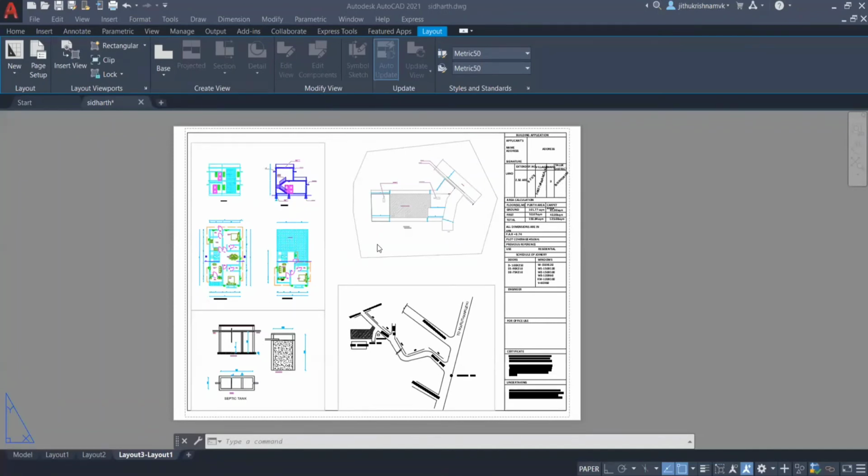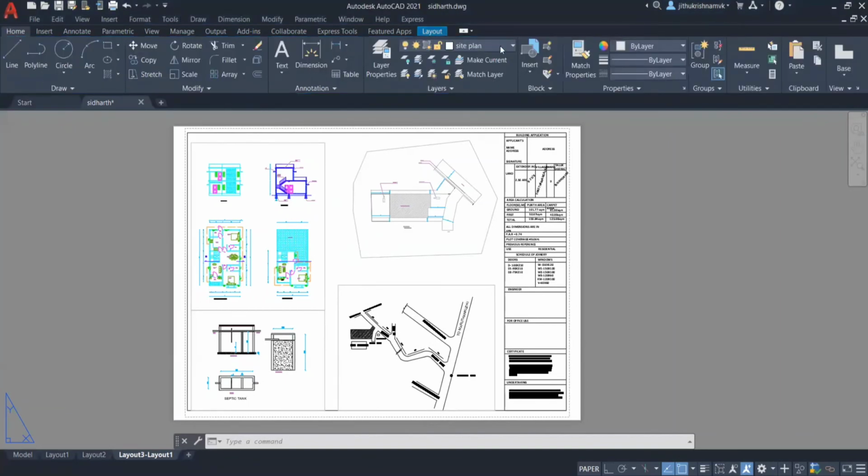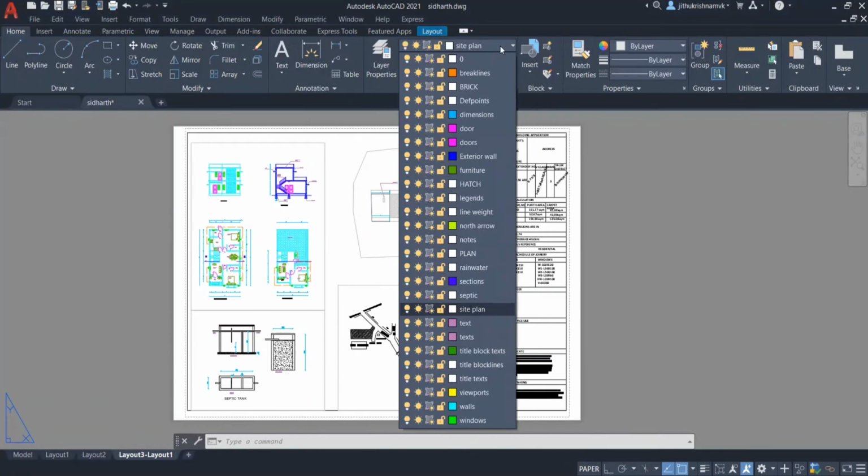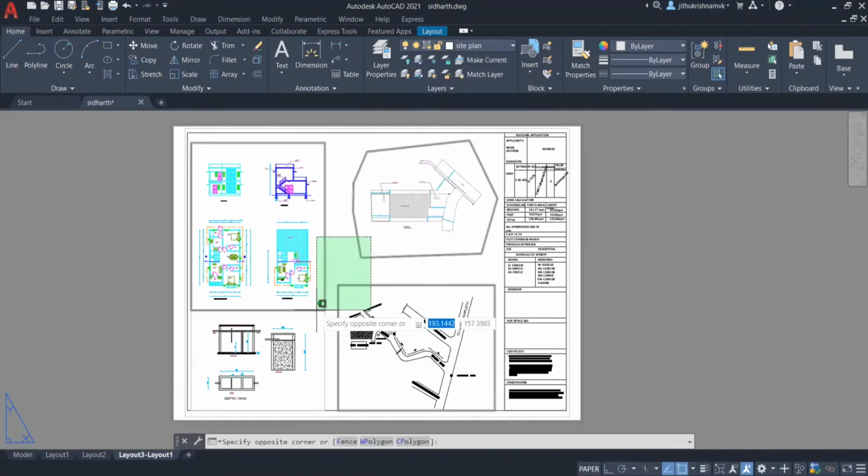After arranging the drawing, we can see the boundary lines of these viewports, but we should not make them visible in a sheet. So we need to hide them. Either we can create a new layer for it or assign the viewport to any of these layers. Now, this Defpoints is a layer which I am not using. Defpoints is a layer created automatically when we give dimensions. So I am going to select all the viewports